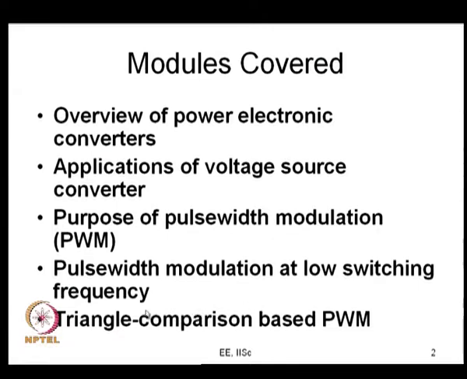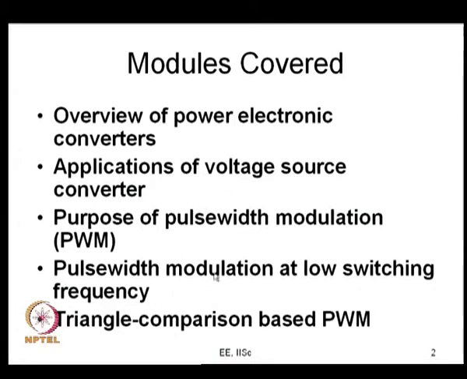For example, if you want 80% fundamental voltage with only 2 switching angles, you can look at eliminating the fifth harmonic as one possibility, or you can make sure that the fifth and seventh harmonics both are low, that is another possibility, or you can try and make sure that the pulsating torque, let us say the sixth harmonic pulsating torque, is low. So, you can evaluate different options that are available and go in for these low switching frequency. That was the reason why we went through the step of pulse width modulation at low switching frequency,